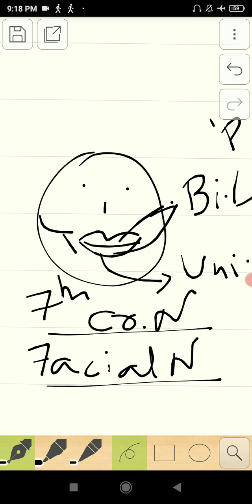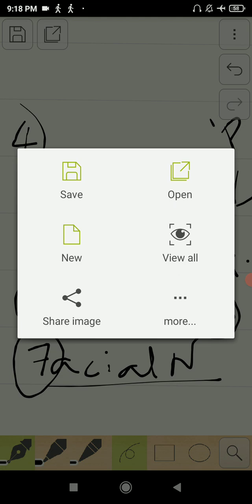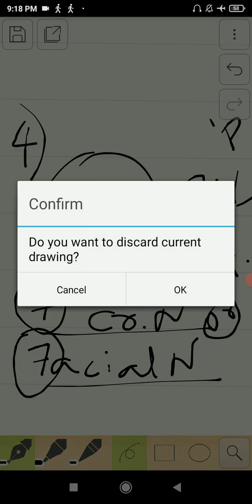So the muscles of facial expression are controlled by one nerve, the facial nerve or seventh cranial nerve. How to remember this? You can see the F and 7 appear almost the same. So that's how you can remember it in the easiest possible way. So this is another nerve controlling the speech, the seventh cranial nerve or facial nerve, by controlling the muscles of facial expression, especially the lip. Moving on to the last but not the least,